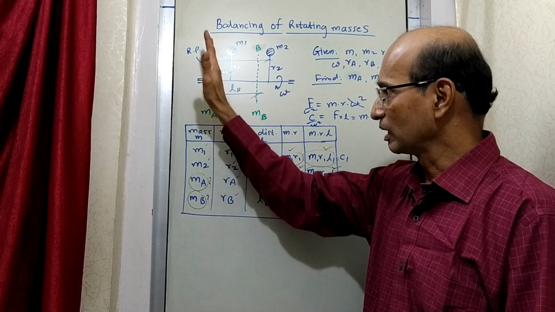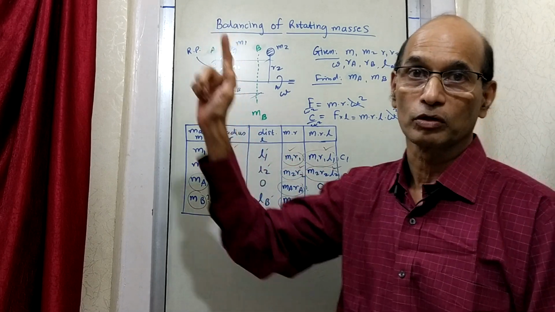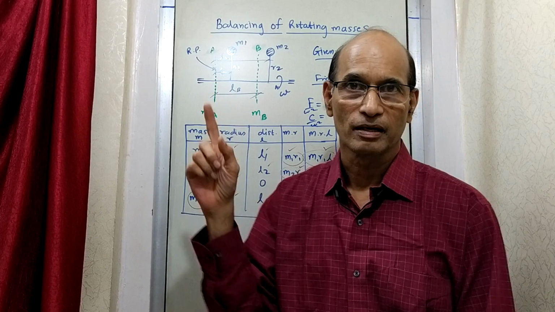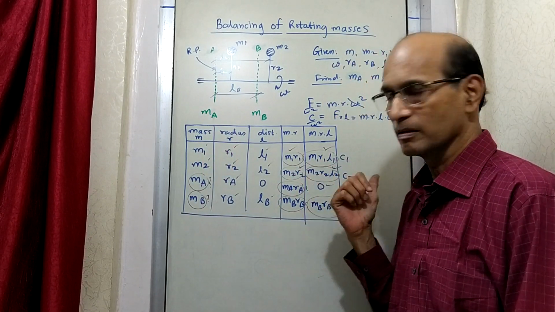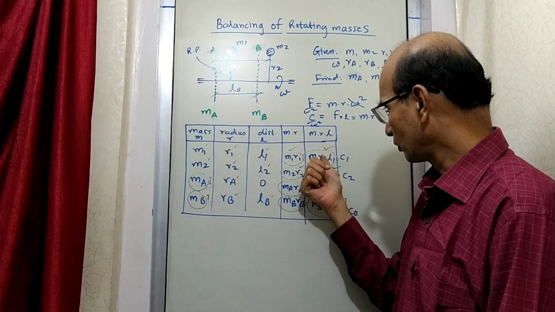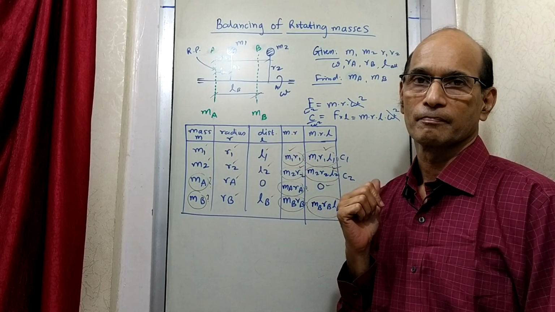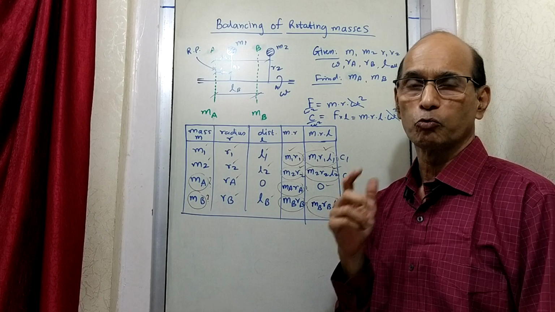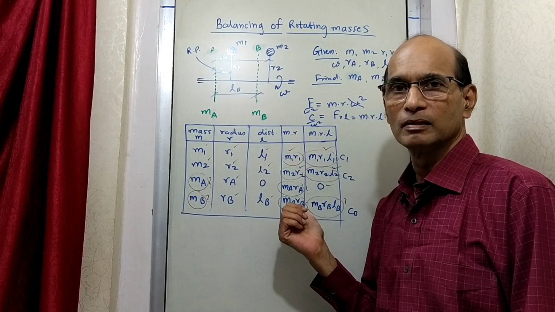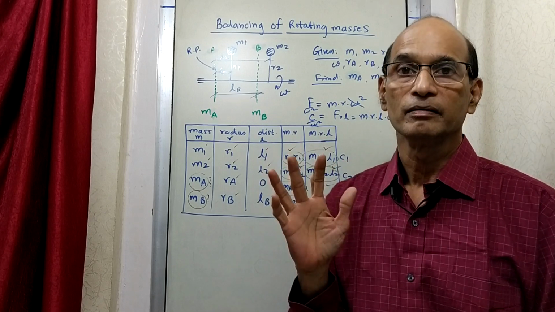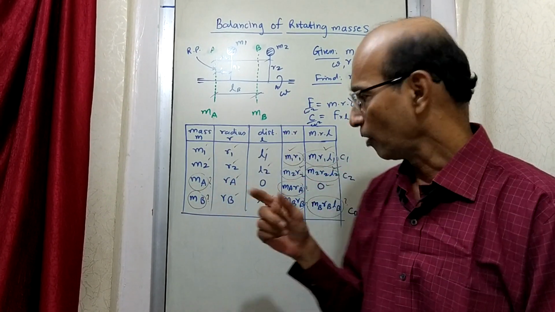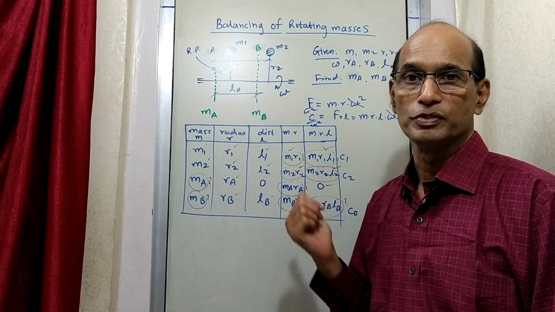If you remember, earlier in the reference plane we have shown couples. So these couples, whatever shown there, are these three couples. In the reference plane, there are going to be these three couples. And what we want is that, in spite of these three couples, there should not be any unbalanced couple. That means the net result of all the three couples should be 0.